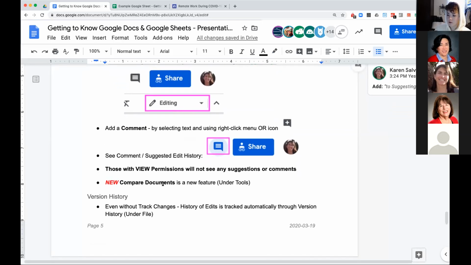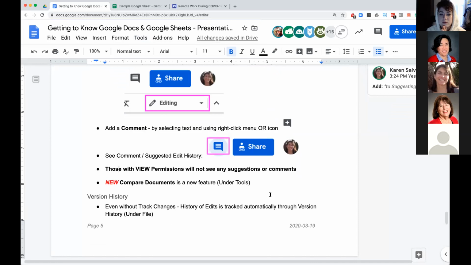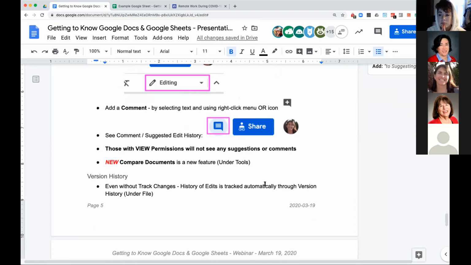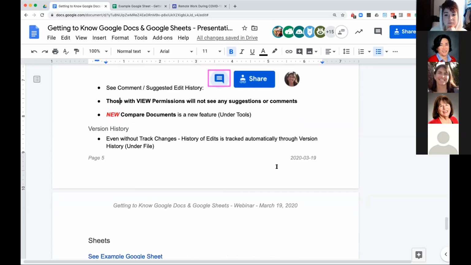One other thing I want to point out, Google is rolling out new stuff all the time. This isn't too new. I haven't used it, but under tools, there is a compare documents feature. I guess it is new enough that they have a new button there. I don't know if people have used it, but it's cool to know that they have that, because that's something I used a lot when I was using Word. And Leo wanted to point out that you can reopen comments that were resolved. If somebody resolved your comment and you don't think it has been, it's kind of like an IT ticket. You can reopen the thread.